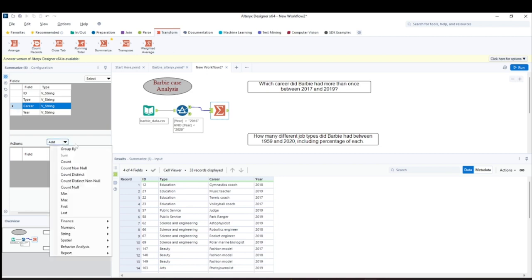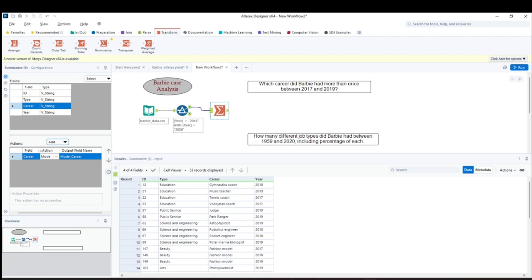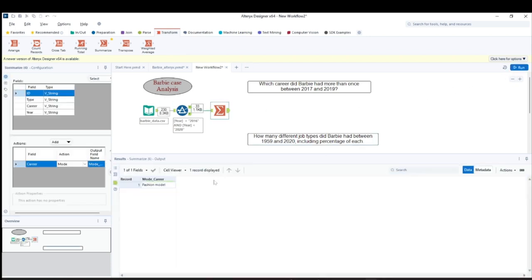What do I want from this? How many times, that means I want the number count, its occurrence. The most frequently used option here is mode. If I write mode here, it will give me the occurrence of that particular career. These are just statistics that we are using here.